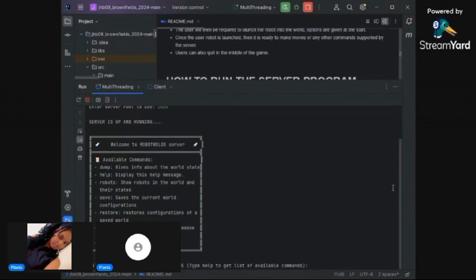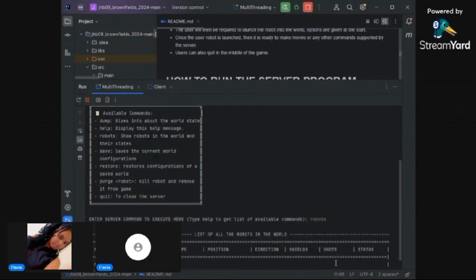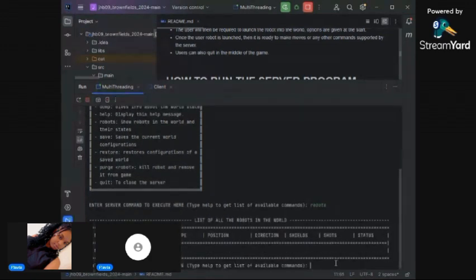For demonstration purposes, we are going to type in robots and enter. And we see a list of all the robots in the world. As you can see, there are no robots in the world because we haven't launched any. This then takes us into our